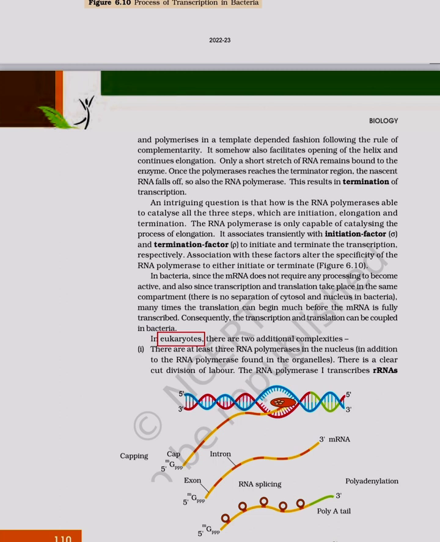In eukaryotes, there are two additional complexities. There are at least 3 RNA polymerases in the nucleus in addition to the RNA polymerase found in the organelles. There is a clear-cut division of labor. The RNA polymerase I transcribes rRNAs